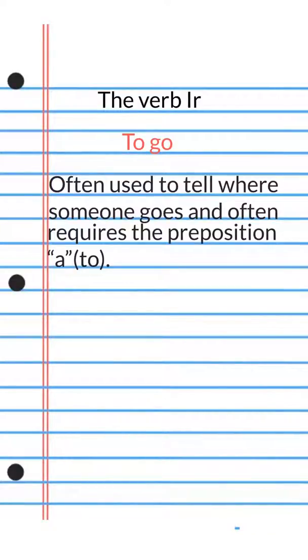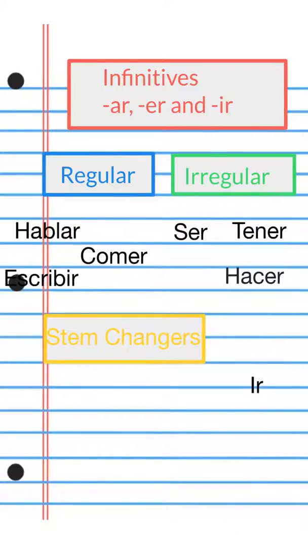So in today's lesson, we are going to be discussing the verb ir, which means to go. The verb ir is often used to tell where someone goes and even what someone is going to do. And oftentimes it requires the preposition a in Spanish, which means to. Before we jump into the specifics on the verb ir, I wanted to show you a chart that contains different